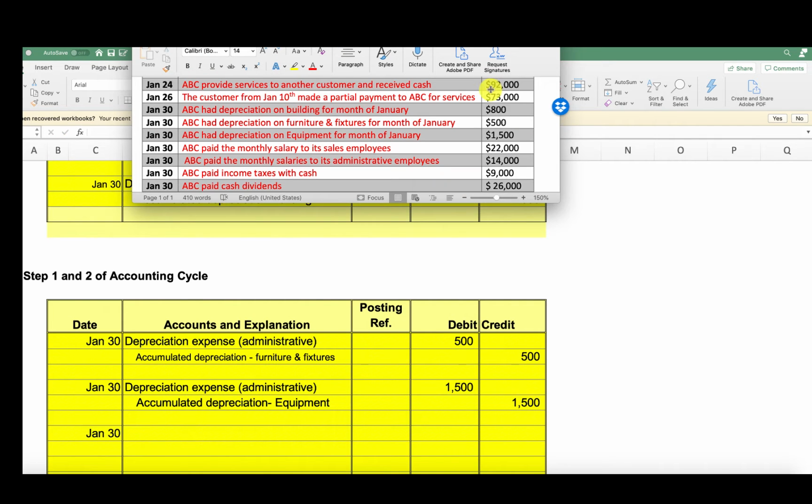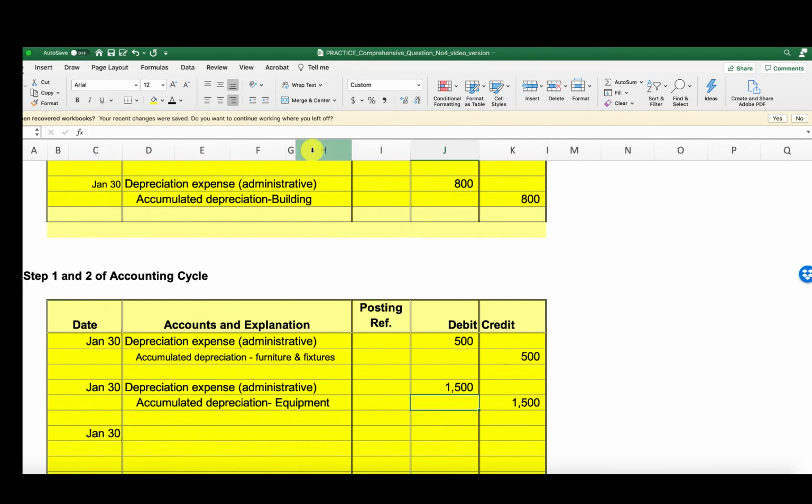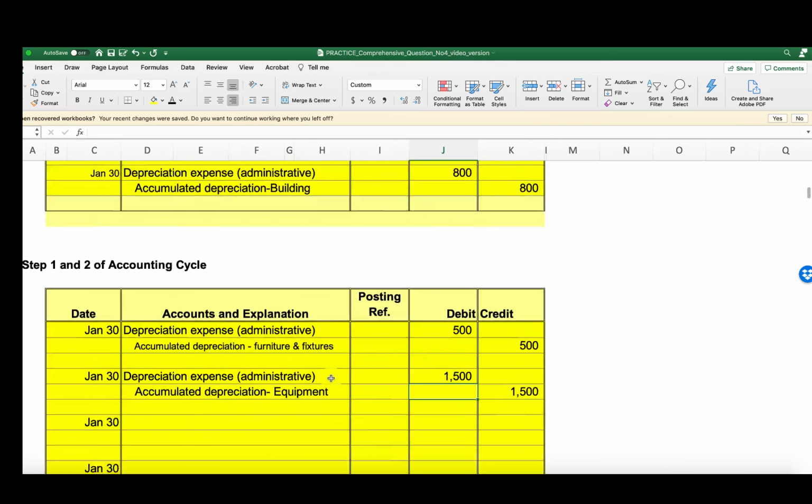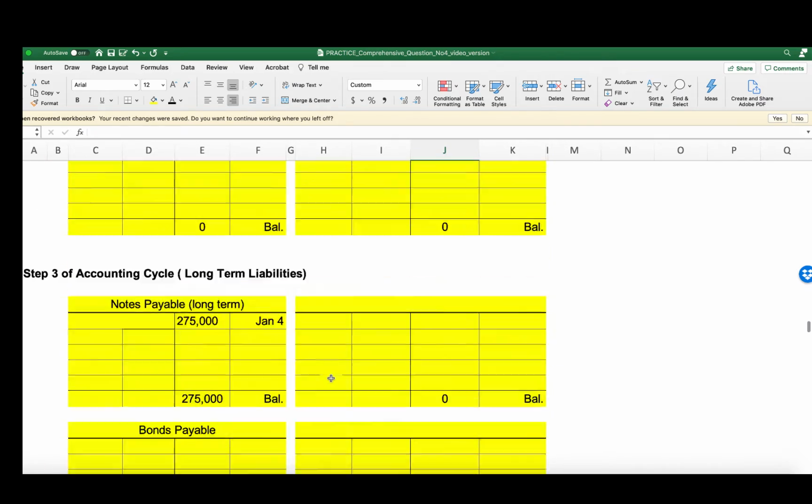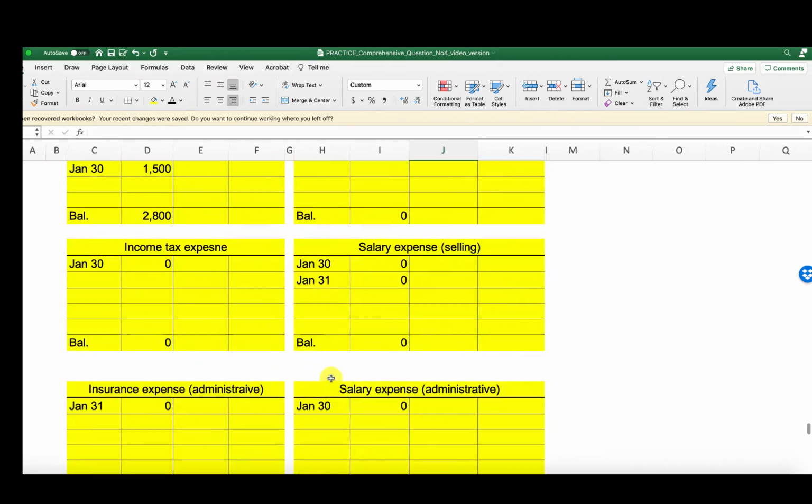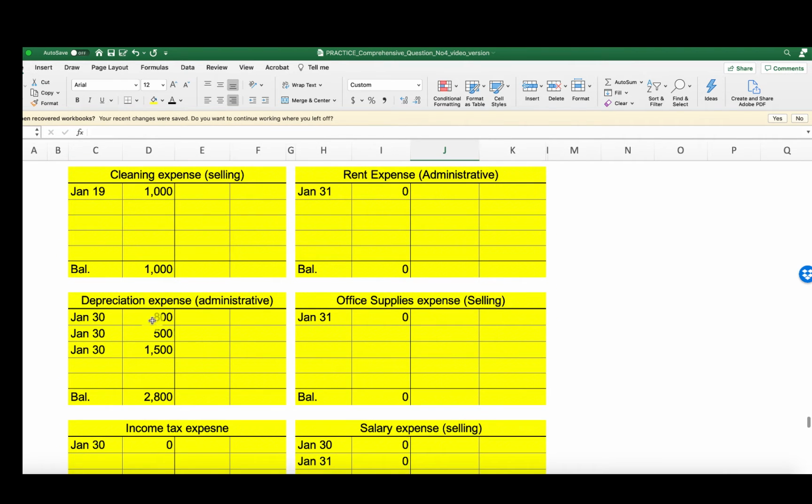Right? 800, 500, 1,500. And now I post them. So I go and I post these to the general ledger. And so I'm going to do the expense first. So this is depreciation expense. So you'll see the 800, the 500, the 1,500. I could have combined all of this together and just done one entry for a debit, but I didn't do